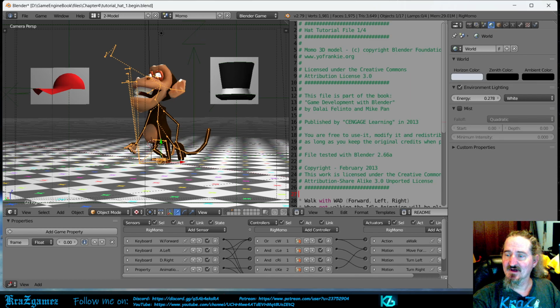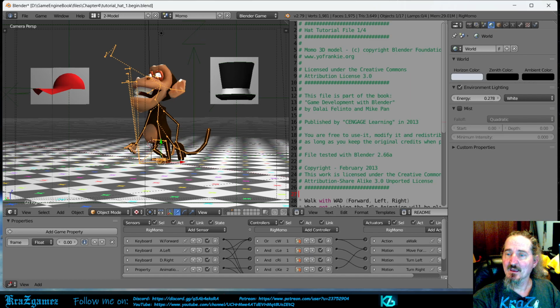Select the hat, select the empty, and in the transform panel in the 3D view, right mouse click in the values to copy to selected, Control P to parent. Now you can go to the armature edit mode and move the bone to make the hat fit the head properly. Okay,